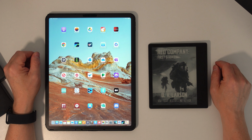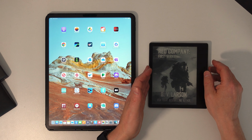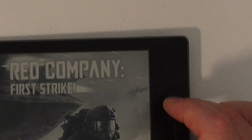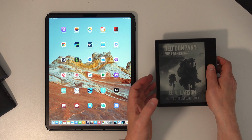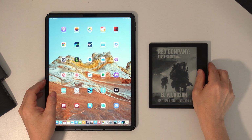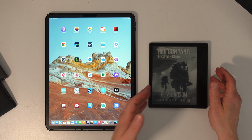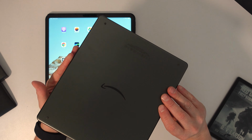So, here goes. Okay, so the first thing you'll notice, it's quite obvious, particularly when you lay down the tablet and the Kindle Oasis side by side and you start tapping, is one is quite wobbly and the other is not. Well, that's because the Kindle Oasis hasn't got a flat back, whereas the tablet has. You obviously don't have this problem with a number of other Kindles which also have flat backs, and you won't especially have that issue with the Kindle Scribe, which has 4 rubber feet on the back to stop it sliding